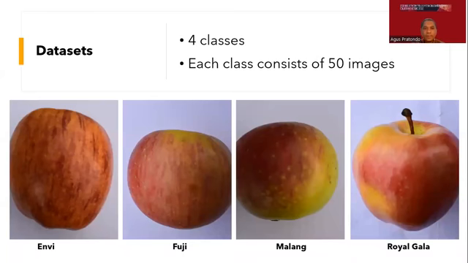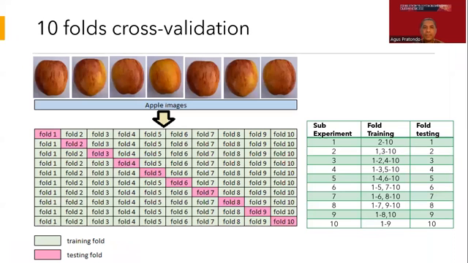Before the experiment was conducted, apple images from the market consisting of 4 labels were collected. The 4 labels are Yellow, N5, Fuji, and Manang, with a total of 50 images for each label. Then, the data set is divided into 10 folds with the proportions for the classes set in balance, commonly known as stratified cross-validation. In each sub-experiment, a fold is taken as testing data, and all other folds are used as training data, and it is described in the following table.